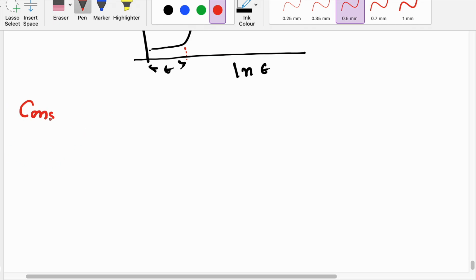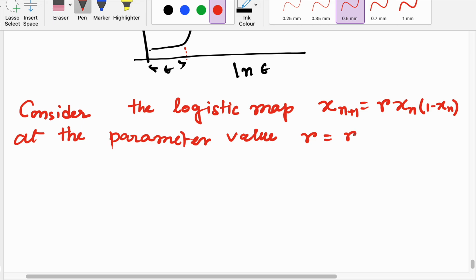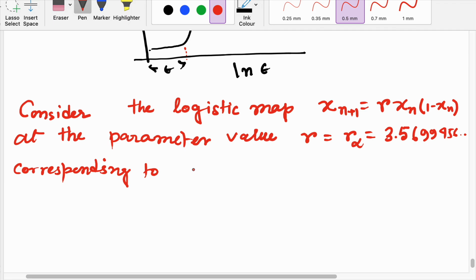Consider the logistic map x_{n+1} = r x_n (1 - x_n) at the parameter value r equal to r infinity, which is equal to 3.569946, corresponding to the onset of chaos,